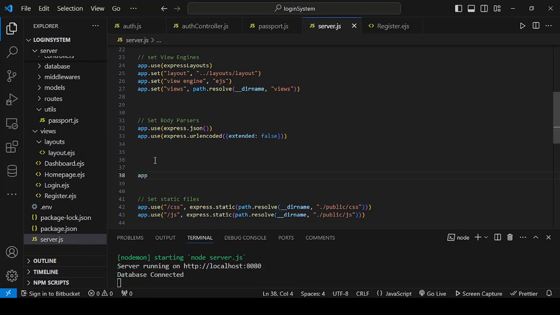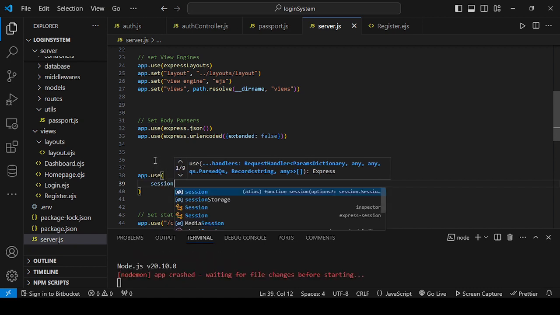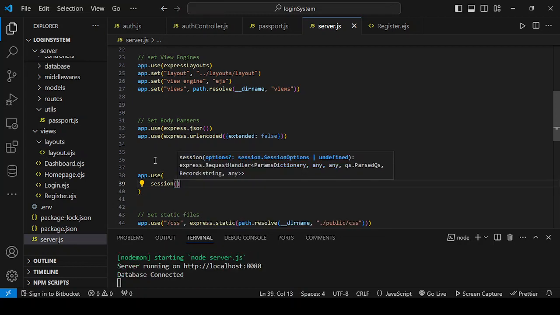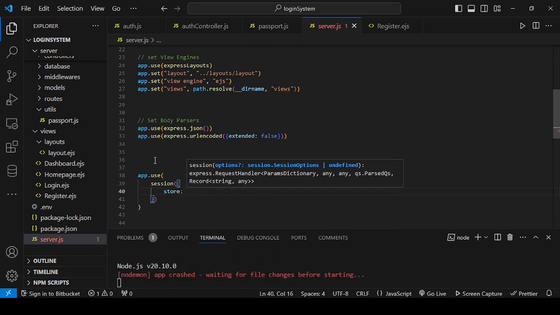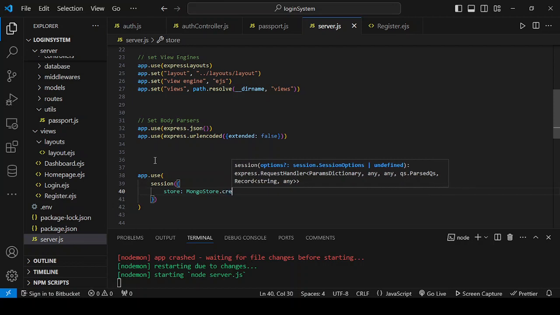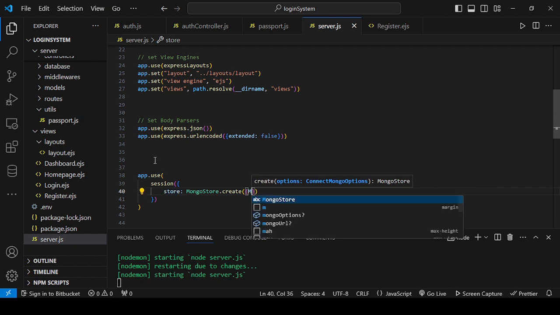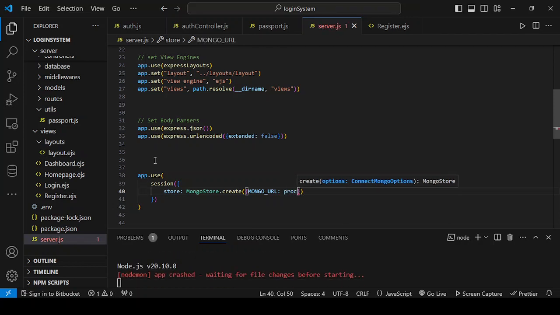and say app, and add the session variable as .use session, which we created, which we added as a variable, and provide the session data. So the store, let's use Mongo store, which we have up there, dot create, let's say Mongo URL, and let it be process.env